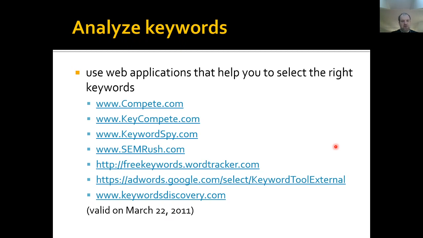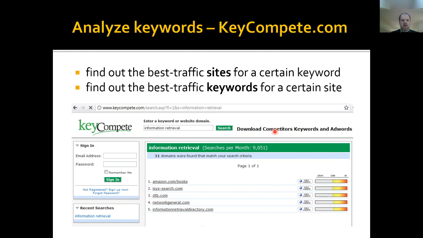As I said, for analysis of keywords, there are many applications that could help to select the right set of keywords. There are many of them, but they are basically obsolete. You can see this is quite an old survey on them, but basically it doesn't matter, because there are many of them and they have specific functionalities. For example, KeyCompete here could be used to find out the best traffic sites for a certain keyword. So if we enter the keyword information retrieval, again, we get these 5 best scoring sites